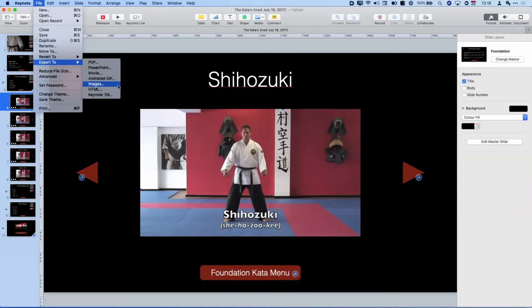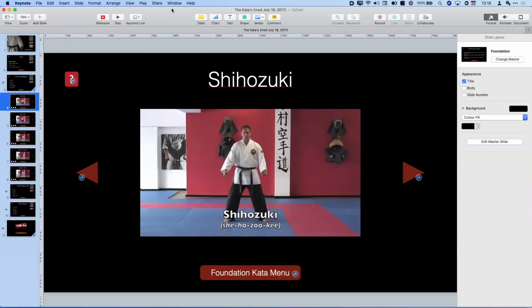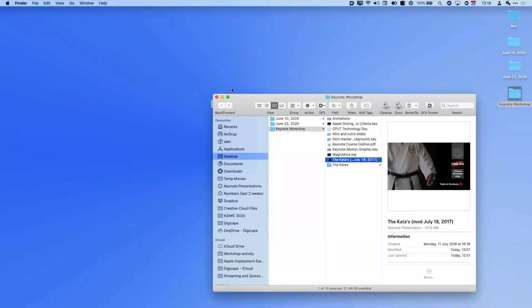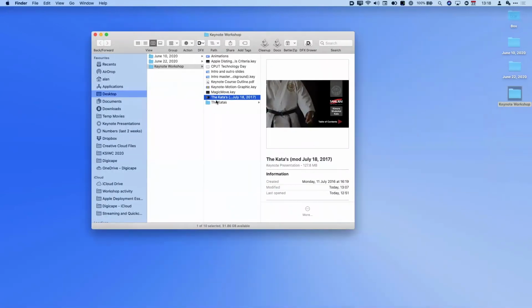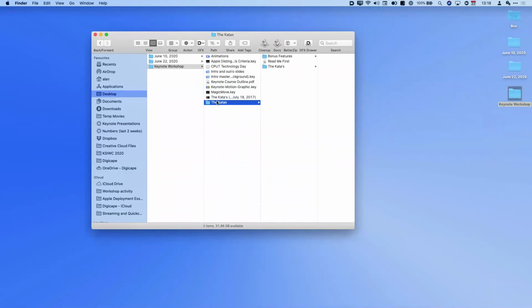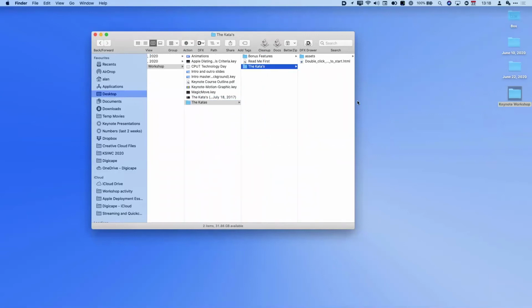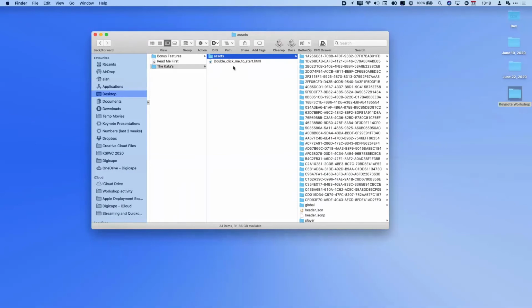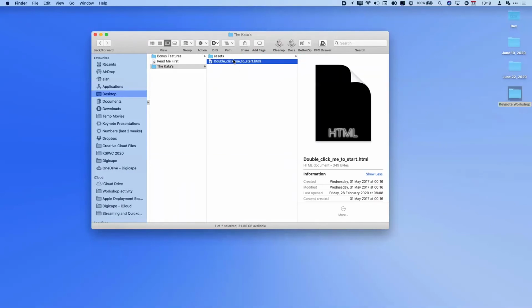Now, if I export this as HTML, this literally builds a website, and I won't waste your time exporting it. But this is the presentation I've just shown you, and this is the folder that it generates when you create this, the cutters. And you see how it says double click me to start, and all the assets that are inside there. All I did was choose export. If I take this and I just open this up in Safari,